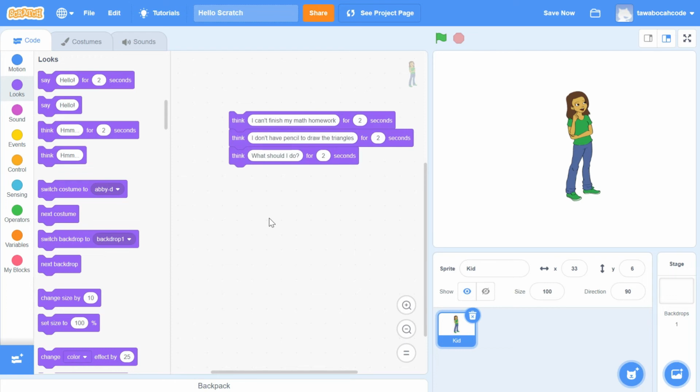We can also change how long the sprite thinks, so other people can read the text from the sprite. For example, we will change the time for each block to 3 seconds. But for the second thinking block, we will show it for 4 seconds. Now, when we click the code block, the sprite will think exactly what we type in the code block.